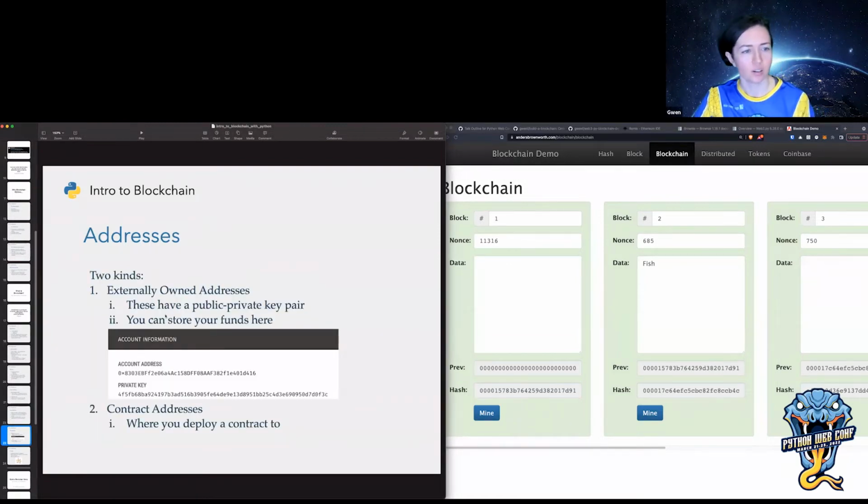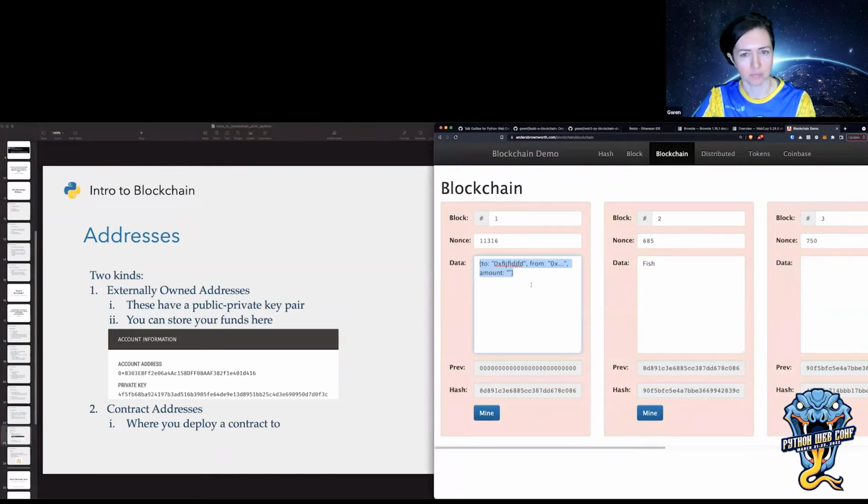And then for addresses, we had the to and the from address, and you can see kind of a screenshot. These aren't real addresses. This is from a dummy blockchain, but this is a public and private key pair. There are a couple different types of addresses. You have externally owned addresses, and these are addresses that a person or human owns.